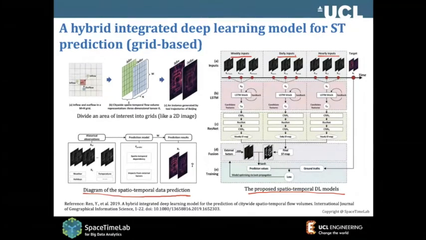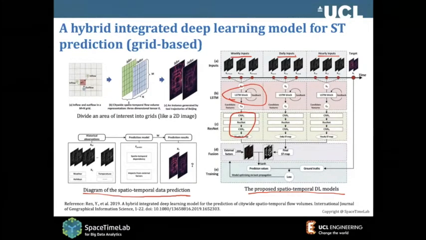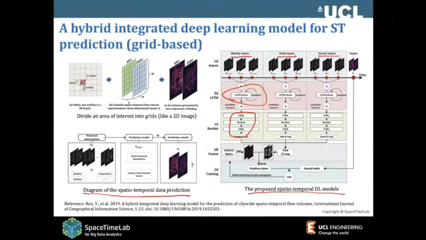So that is a typical model. You can use LSTM to model that, and then to capture the spatial part we use CNN. In this way, we combine LSTM and CNN. Then you put them together, weight them together, and get a final outcome. So this is the hybrid model. Details you can find in this paper. That's the one, but this is still grid-based.